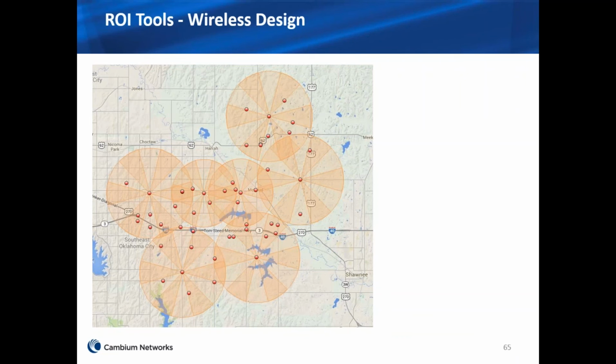Just an example here, we also have return on investment tools. We have customers that say, okay, if I'm going to put this in, what kind of return on investment am I going to get? It's probably not as clean for a reverse auction, but it gives you a really good idea from a financial standpoint of what you can do.